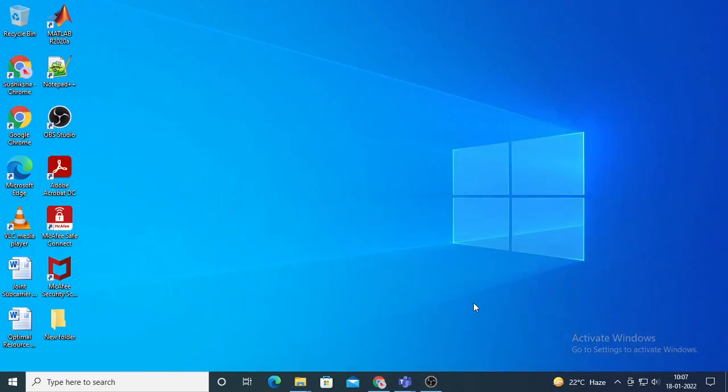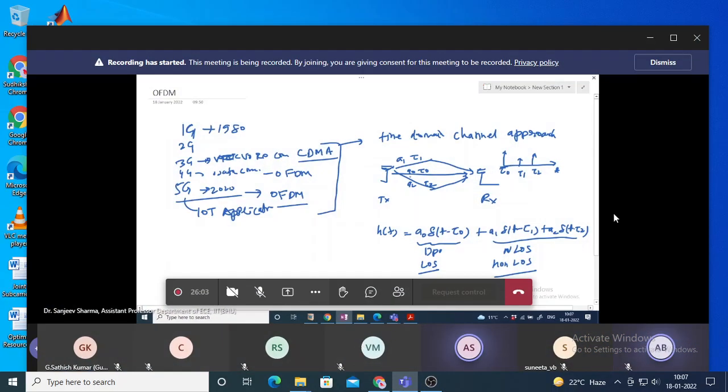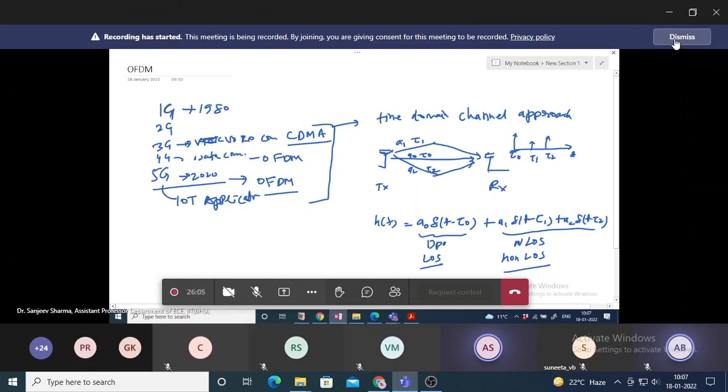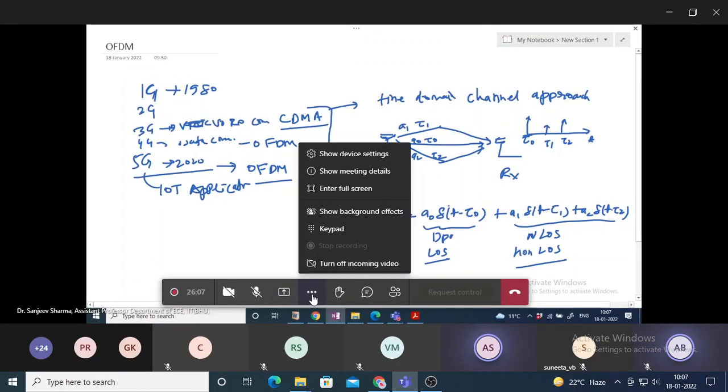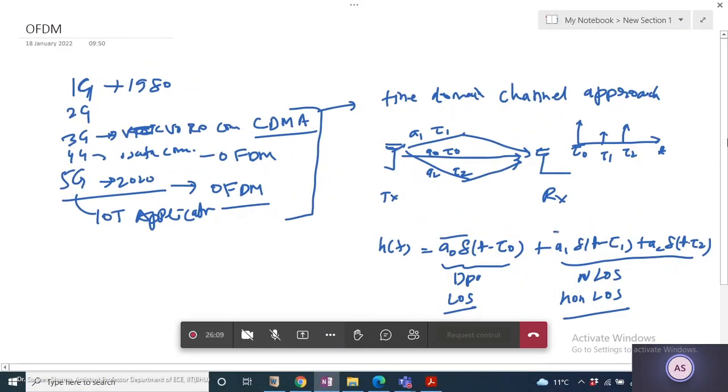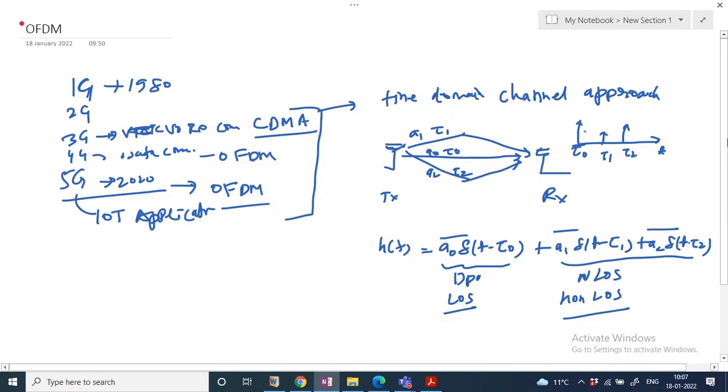So this is the time domain view of the channel. You can see that multiple paths are arriving at the receiver. This is the first path, second path, third path, and so on. These multiple copies of the same transmitted signal x(t) are arriving at the receiver. At the receiver, our aim is to combine these multiple paths constructively so that the received signal strength